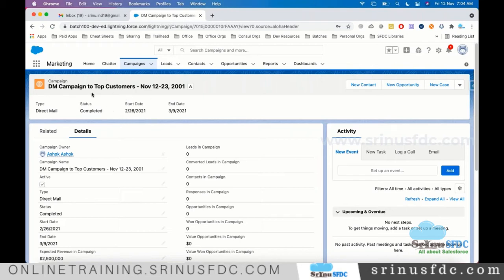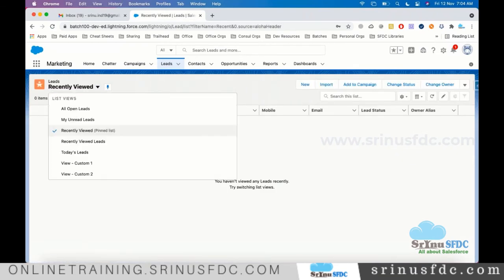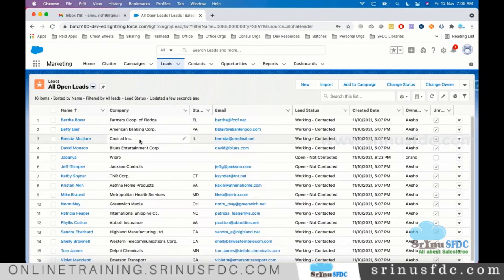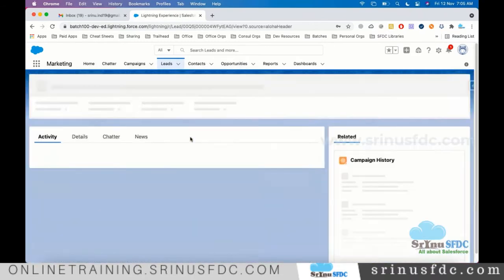Now, from these campaigns, leads will be generated. If you click on leads, Salesforce is providing some test data. These are the views. Through these views, we control how much data we want to see from the leads object, the table. Even though we did not create anything, by default Salesforce provides some test data when you register with the developer edition account. Now I'm opening one of the leads.